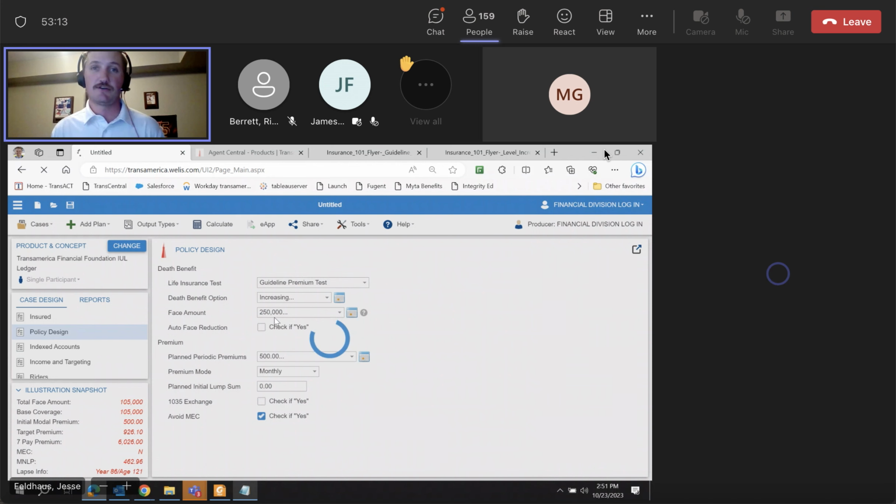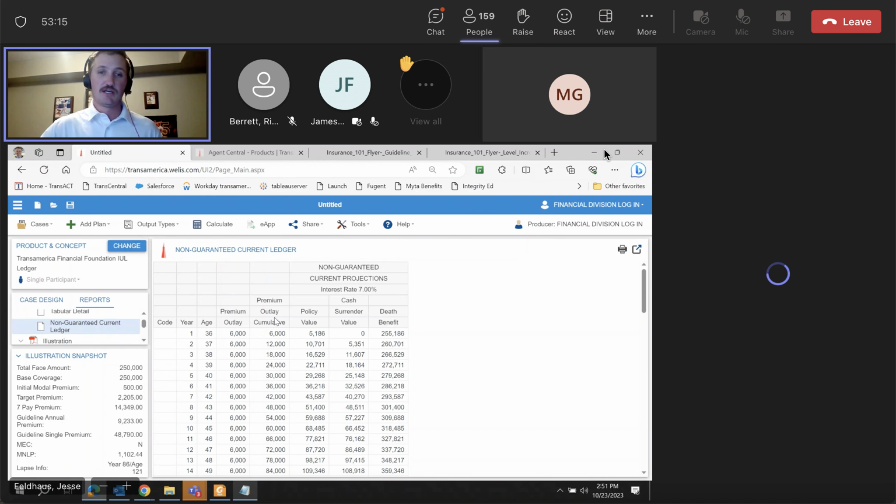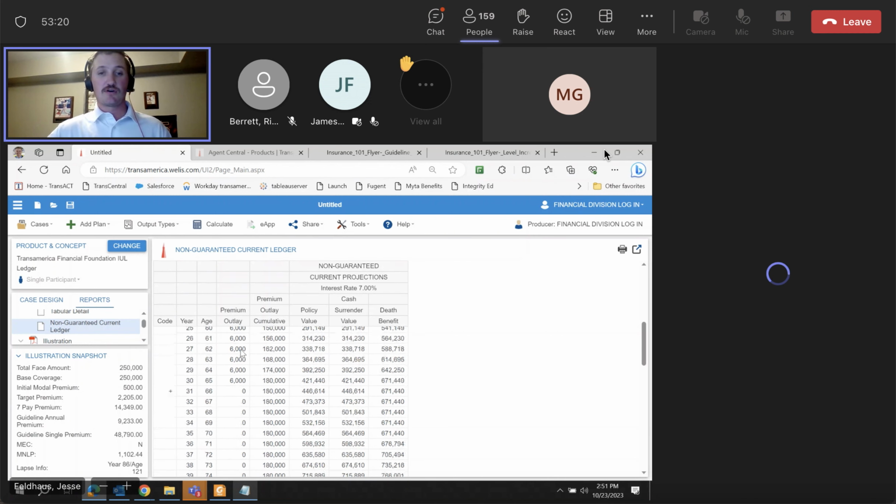It's taking a second to load here this time. But as you can see, now we started at 250,000. You can check your snapshot. You can go down and compare. So this one, you have